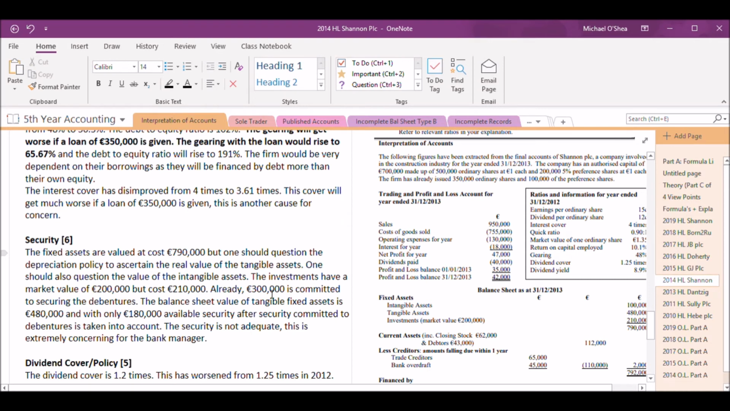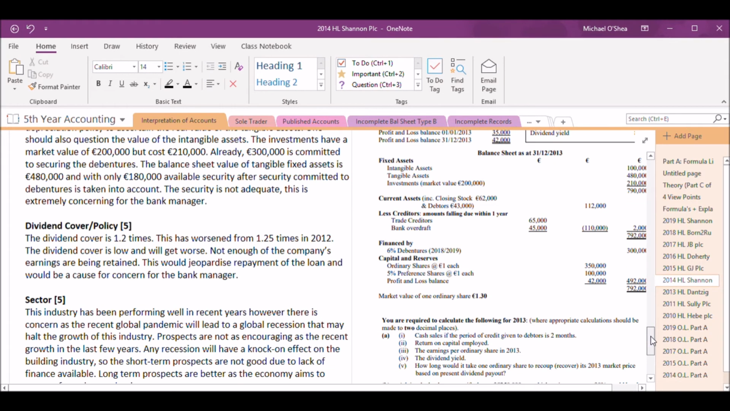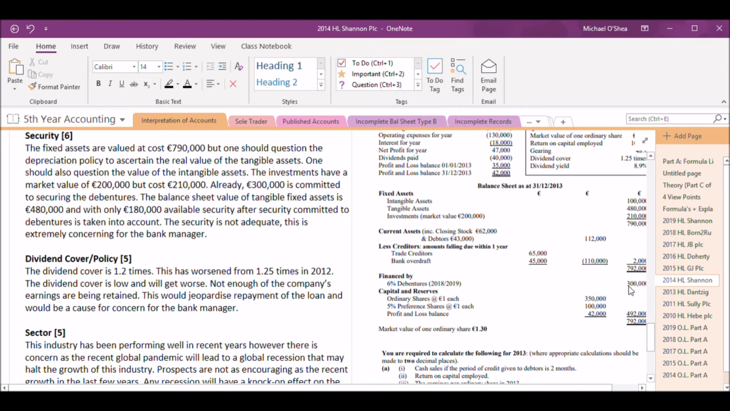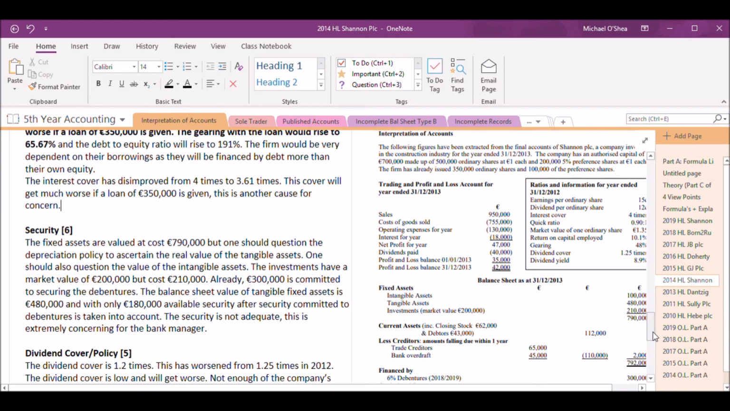The tangible fixed assets are 480,000. But already, if we have debentures here of 300,000, this would have only been granted if they would have had security on the loan. So to get security, they would have taken 480,000 euro tangible assets, and they would have used 300,000 as a security, basically a form of a contract. If you don't pay back this loan in full, we're going to take 300,000. That's our security. We're going to take 300,000 of your fixed assets. So that 300,000 is already committed to a separate loan. We can't doubly commit